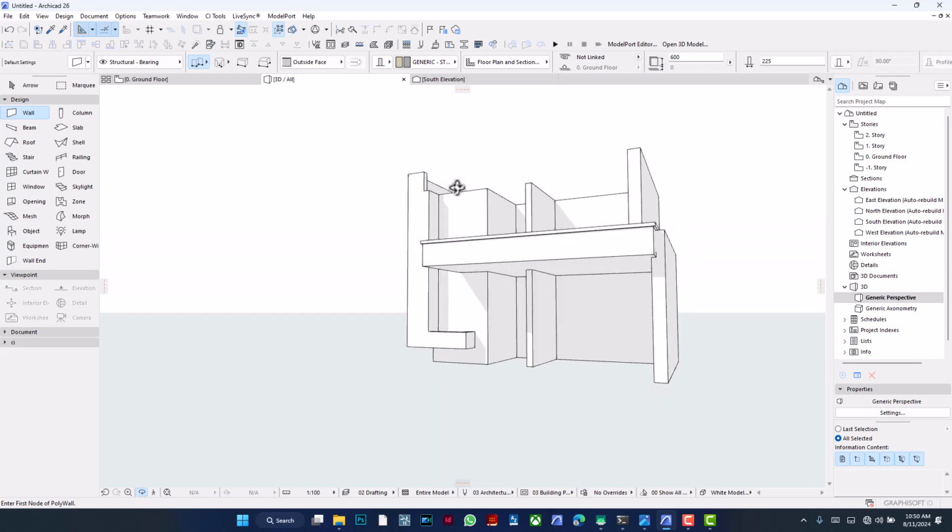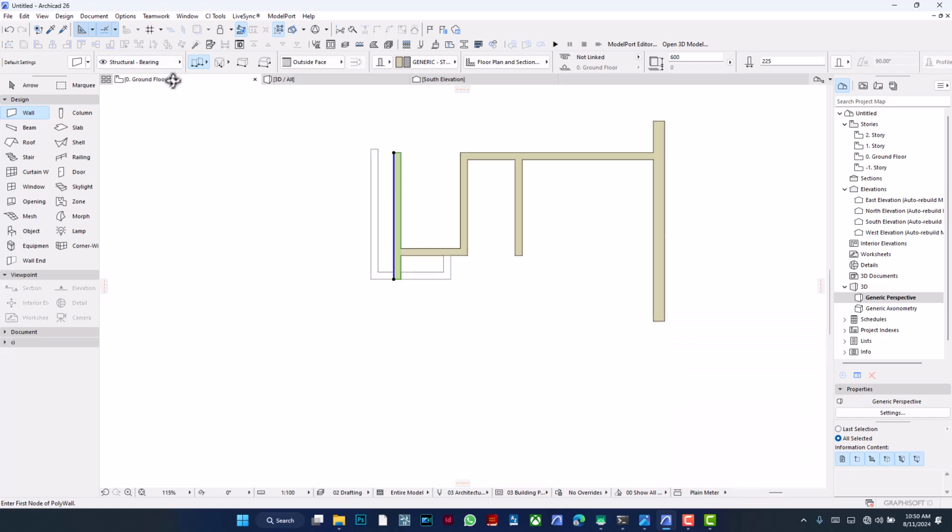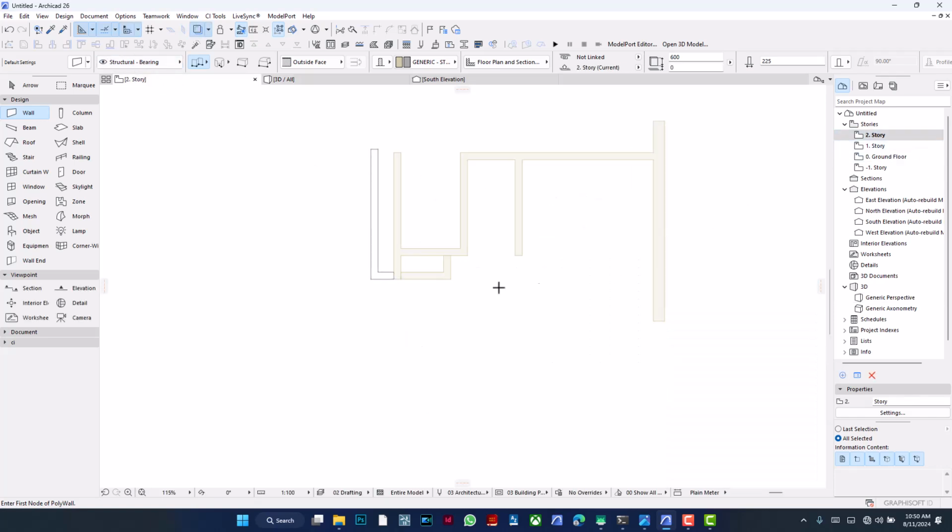So now we've gotten this portion, the vertical one. Now we need this, and then the last one. So I'm going to go into 2-story, which is where I'll be seeing this, and we can see that this guy would have come out by 750 here. So I'm going to use a dwarf wall, but in this case the height is going to be 750. Start here, flip it to the other side so that they align well, and then I think somewhere around here, then I send this inside, and